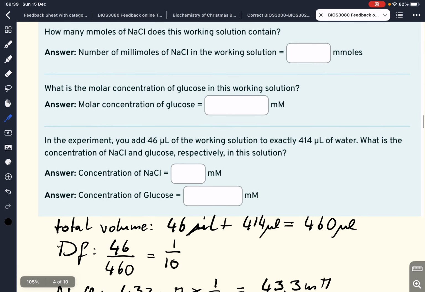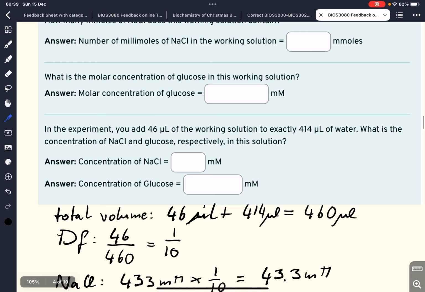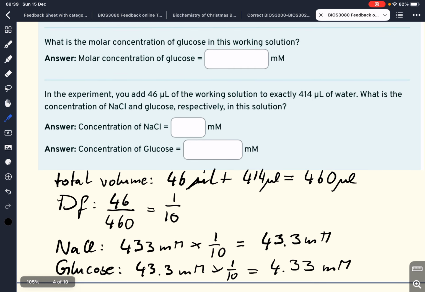Now, in the final part, in this experiment, we add 46 microliter of this working solution to 414 microliter of water. What is the concentration of the sodium chloride and the glucose respectively? Now, what we can do very easily is use dilution factors in order to calculate that. So we determine the total volume that we create. So we've got 46 microliter of our working solution, and we add that to 414 microliter of water, so that